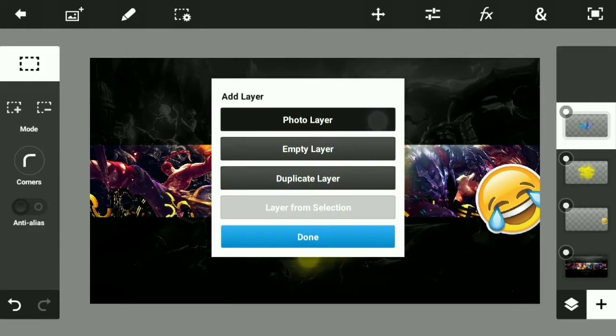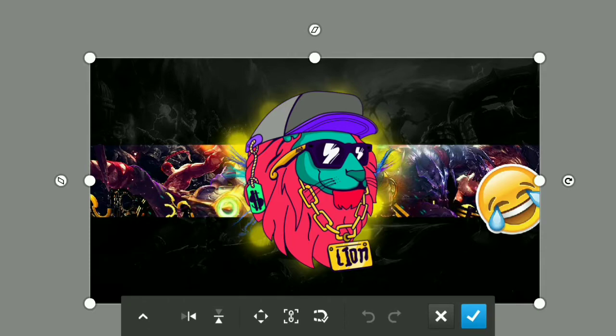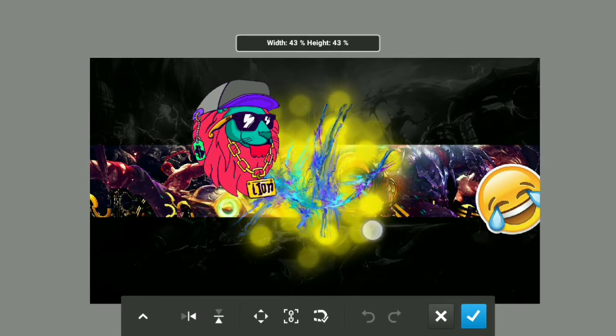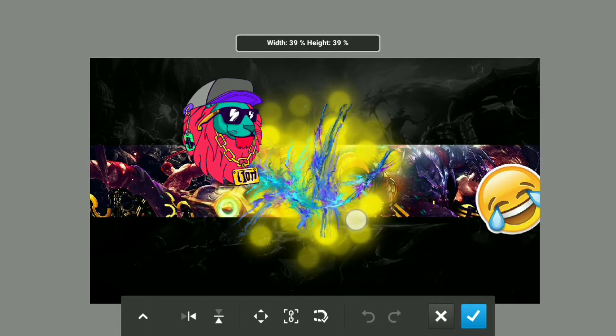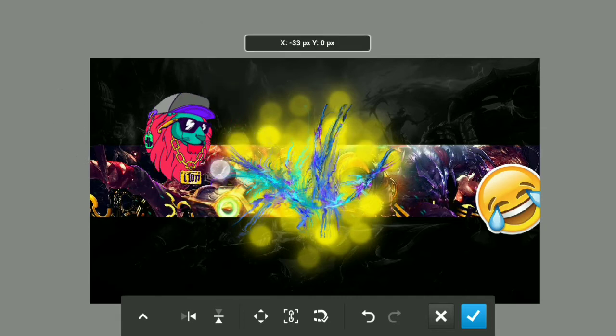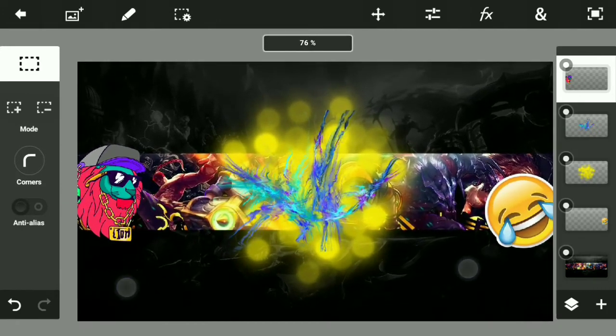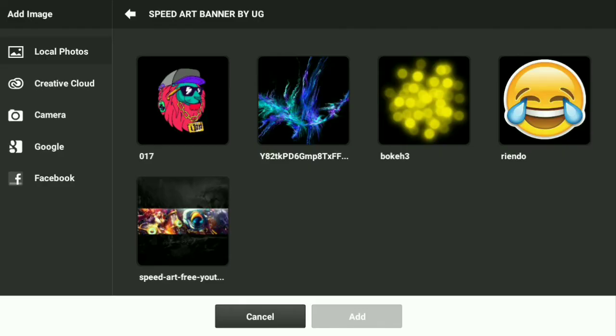And now click on this plus photo layer and add this emoji, the lion emoji, reduce some size and place it like here. As you can see, the banner looks good. And now click on the photo layer,